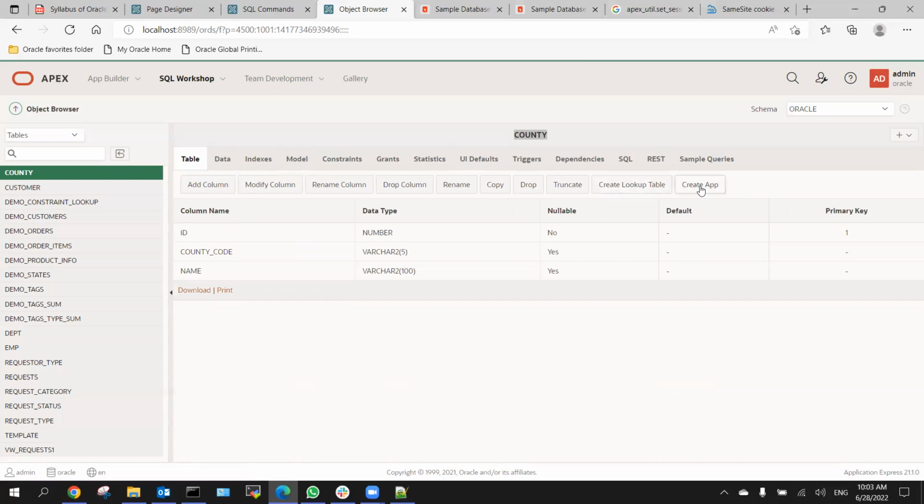And create app, you can create an app on this table. There is a feature called faceted search, which has a lot